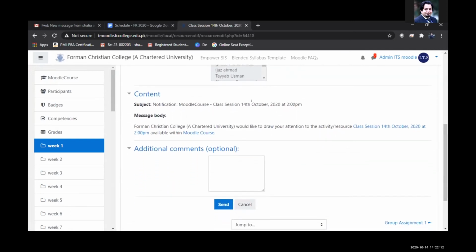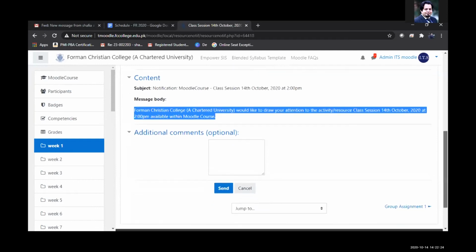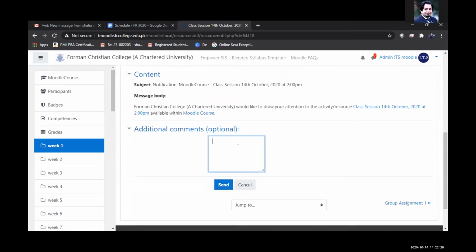Even the subject of the email is already predefined or pre-created by Moodle, and even the message body. If you would like to add more information, you can put it in the additional comments. And you can just simply click on send button and it will send the information to your entire class just in one click.